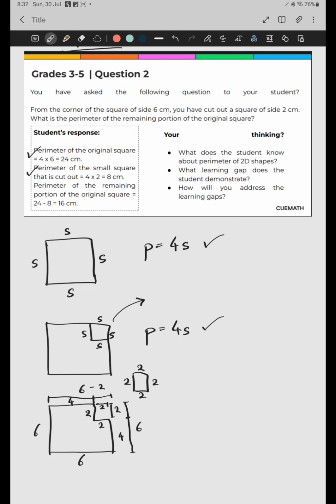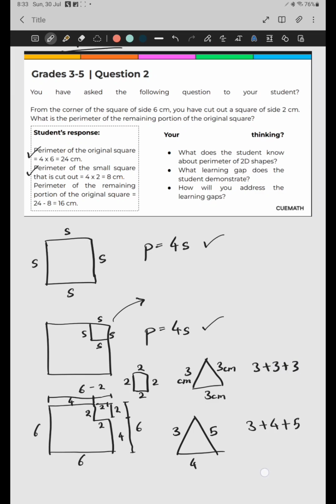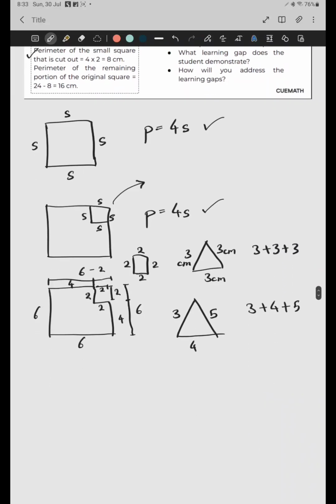Now the formula for perimeter is not standardized for figures that are not regular. By regular figures I mean those which have equal side lengths, like an equilateral triangle which has sides of 3 centimeters. There won't be a standard formula for a triangle with sides 3, 4 and 5. For this perimeter we would have to add all the sides. Addition works for regular shaped figures as well, but for irregular shaped figures what we need to do is add